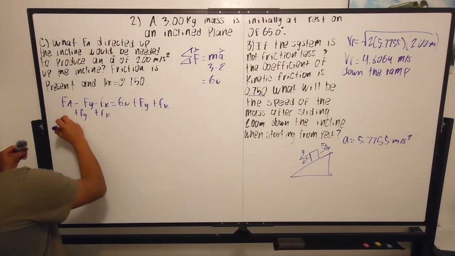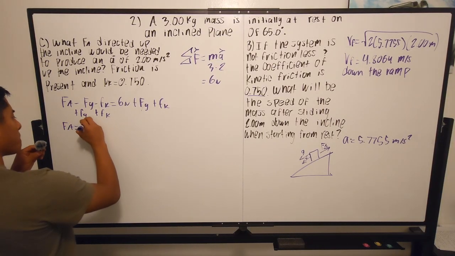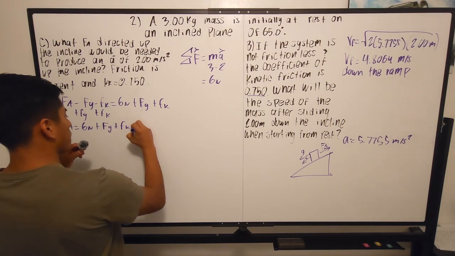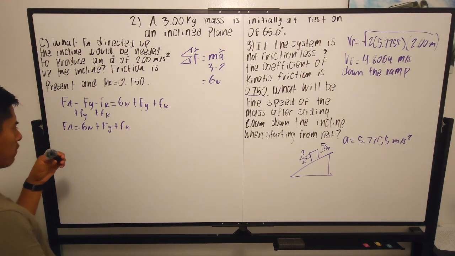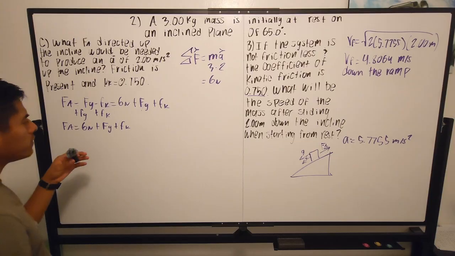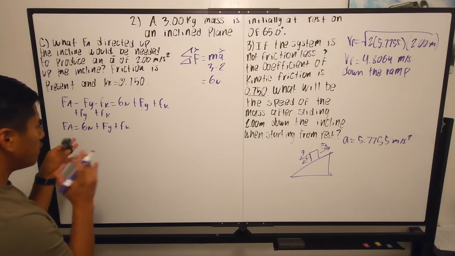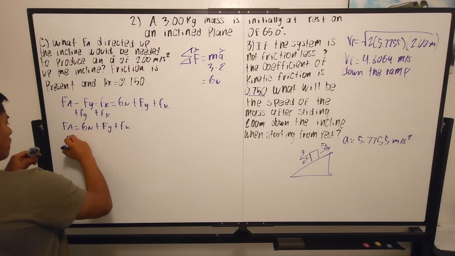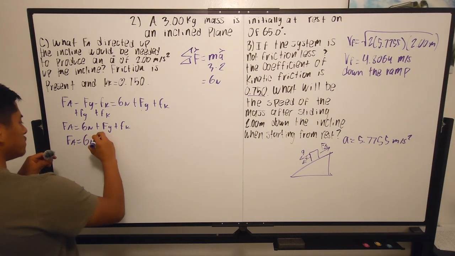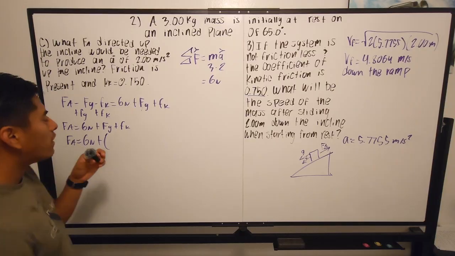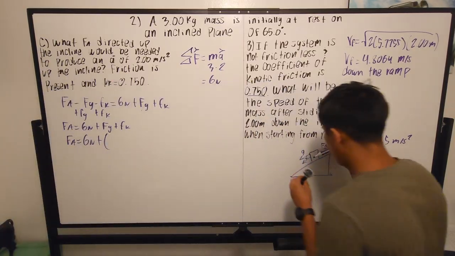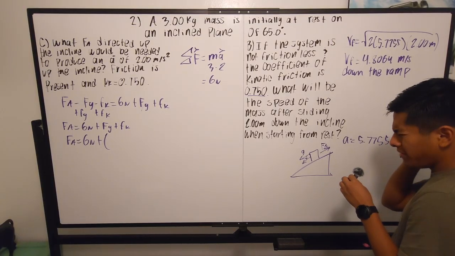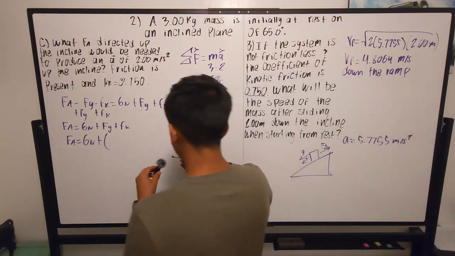So now we have the applied force by itself. And now what we're going to do is just plug everything in because we already know all of this. So our applied force is going to be equal to 6 newtons plus the force of gravity, that's going to be pulling it down. So the force of gravity parallel to the motion, right? Parallel. Okay, so that's going to be